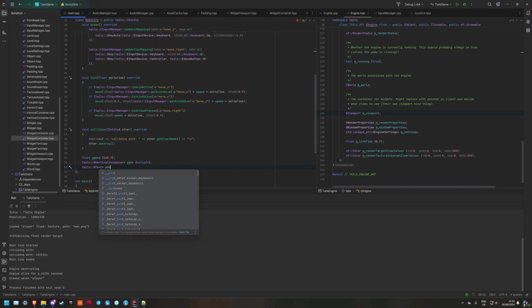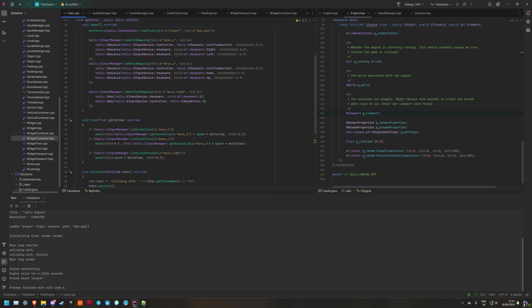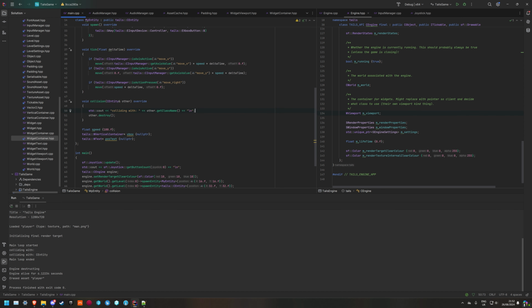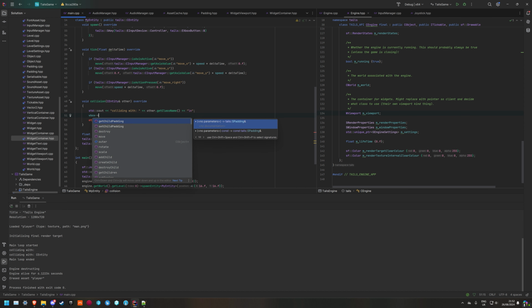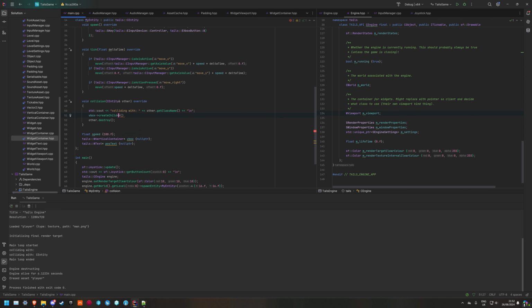Let's call it pos text. I'm just going to have text that displays your position, and also whenever we destroy something, we want to say VBox create child, some text,